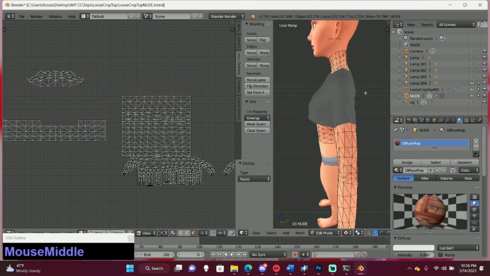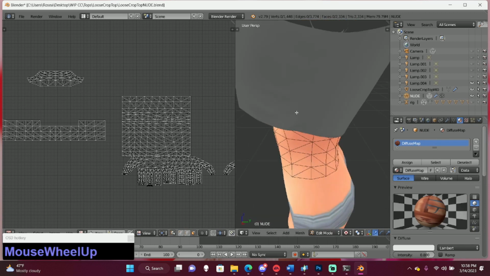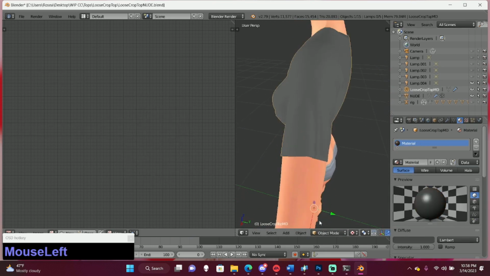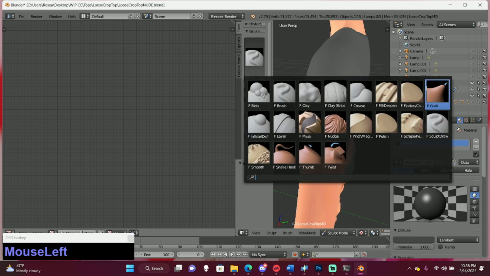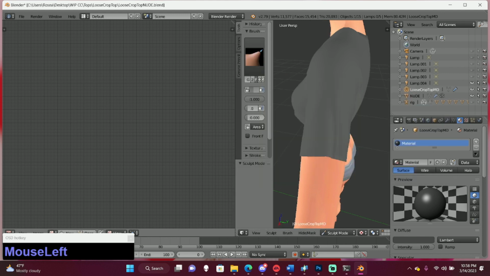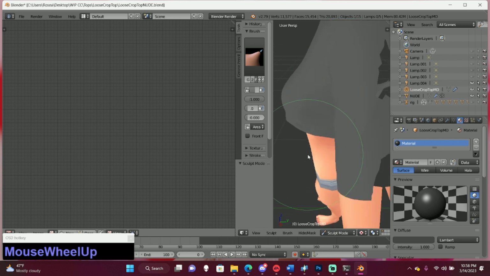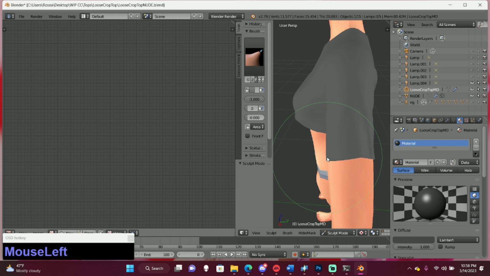Alright, and then now I'm going to make my adjustments to make sure it's not clipping in the body. So I'm going to click on the shirt and then sculpt mode, switch to grab, drag this over, and this is just going to be obvious clip fixing.